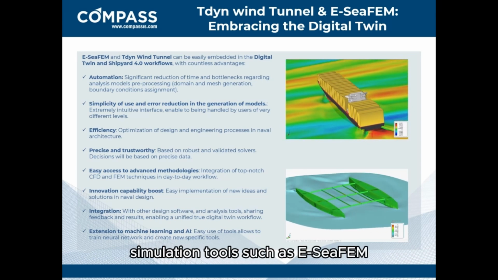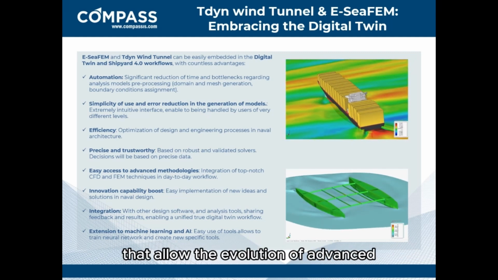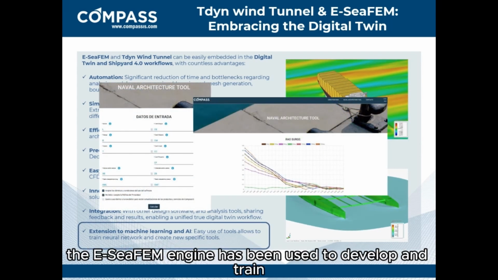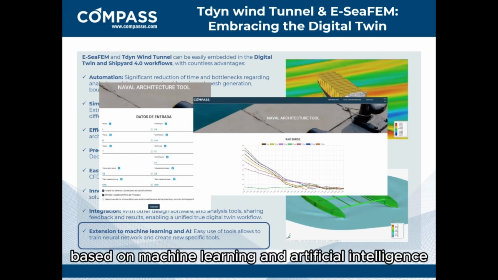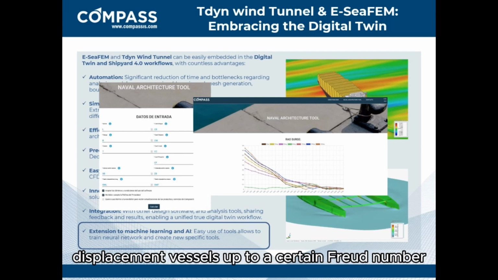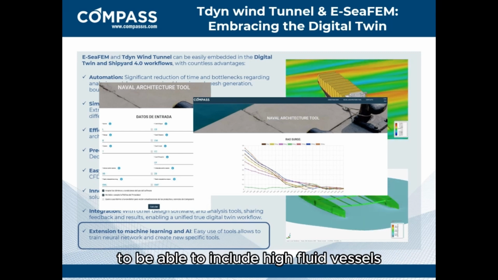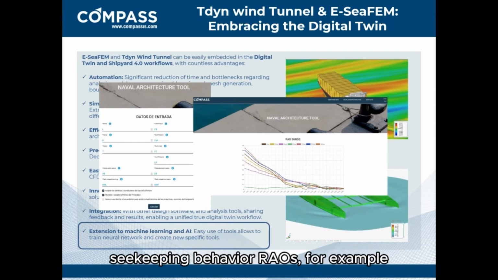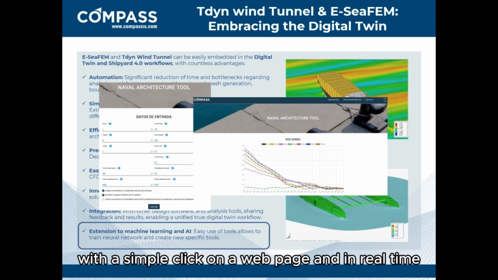Simulation tools such as E-SeaFEM can be taken even further along the path of digitalization of naval design and calculation, giving rise to innovative solutions that allow the evolution of advanced digital twin models. So much so that Tdyn CFEM, the E-SeaFEM engine, has been used to develop and train a naval architecture web tool based on machine learning and artificial intelligence. This tool has been trained for single-hull displacement vessels, up to a certain Froude number, but work is continuing on its training to be able to include high Froude number vessels. The tool, clearly disruptive in the naval sector, makes it possible to obtain results of ships' seakeeping behavior, RAOs for example, of vital importance in the initial phases of the design process, with a simple click on a web page